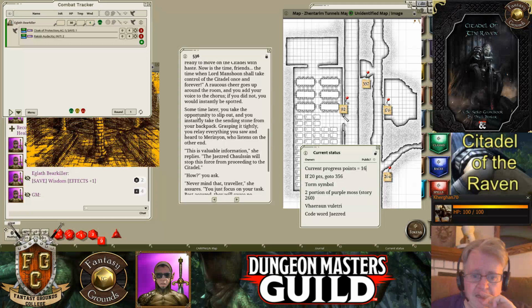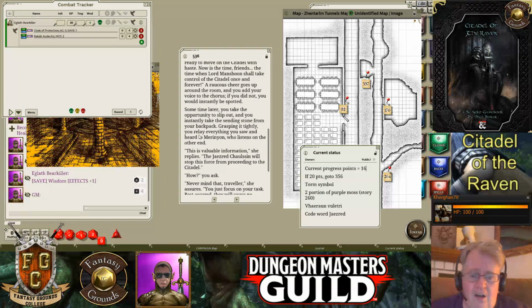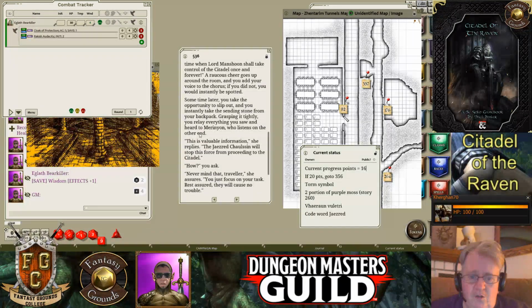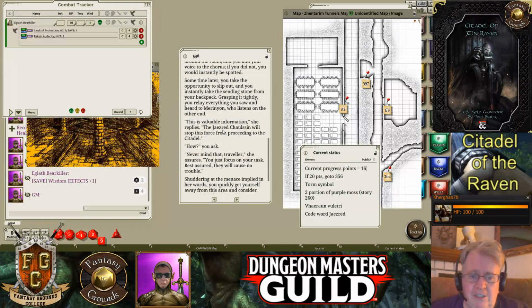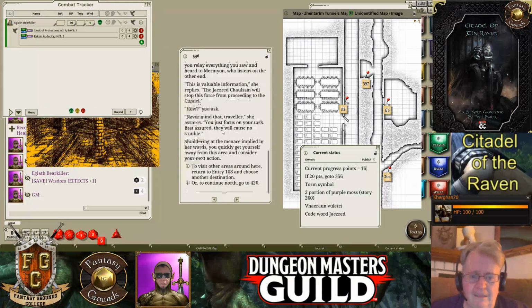Sometime later, you take the opportunity to slip out, and you instantly take the sending stone from your backpack, grasping it tightly. You relay everything you saw and heard to Marignon, who listens on the other end. This is valuable information, she replies. The JC will stop this force from proceeding to the Citadel. How, you ask? Never mind that, traveler, she assures you. Just focus on your task. Rest assured they will cause no trouble. Shuddering at the menace implied in her words, you quickly get yourself away from this area and consider your next